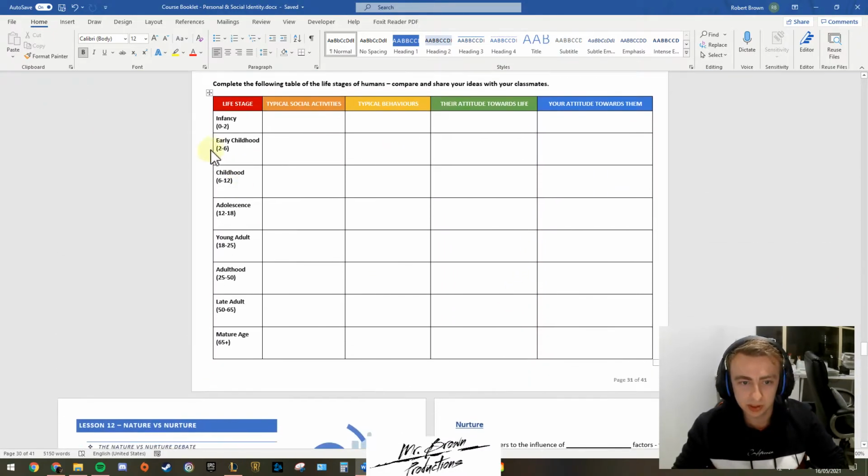Once you have done that, I want you to tackle this table. Now I'm going to do infancy as an example for you. We've got 5 columns here, and 9 rows. So what I've done here is I've written down what I believe is the different life stages that